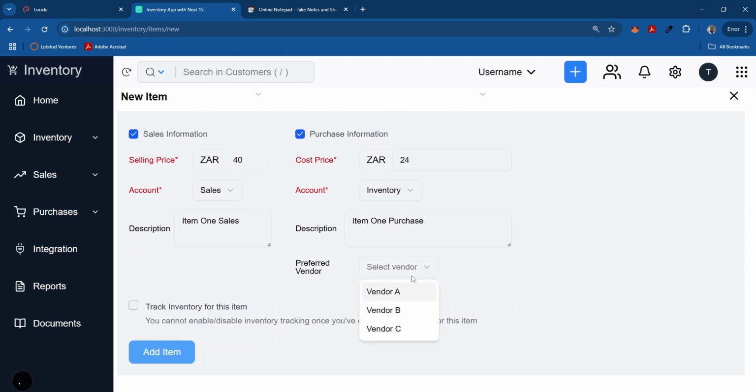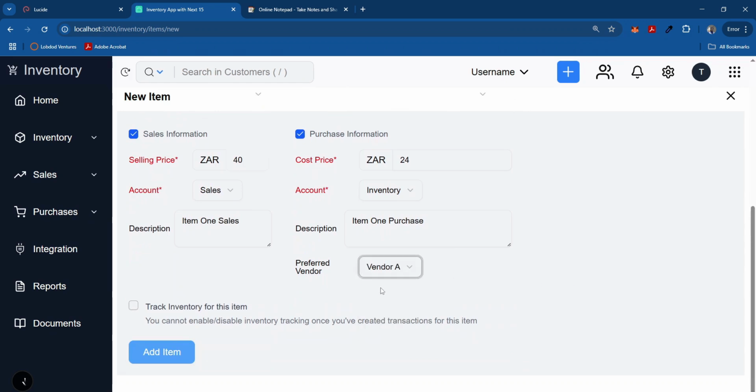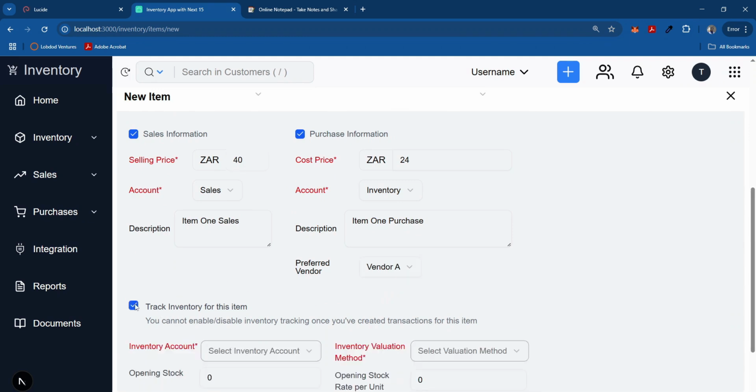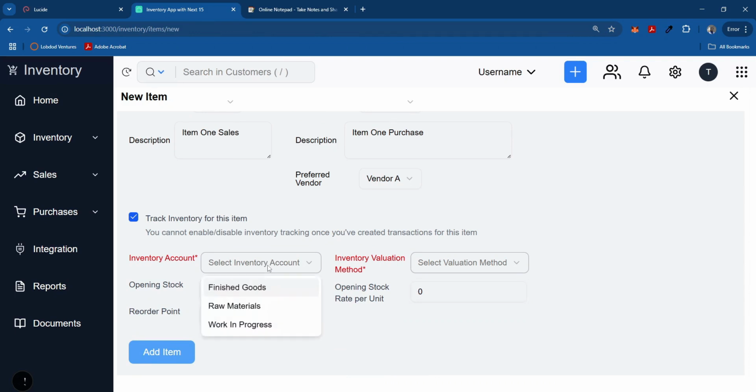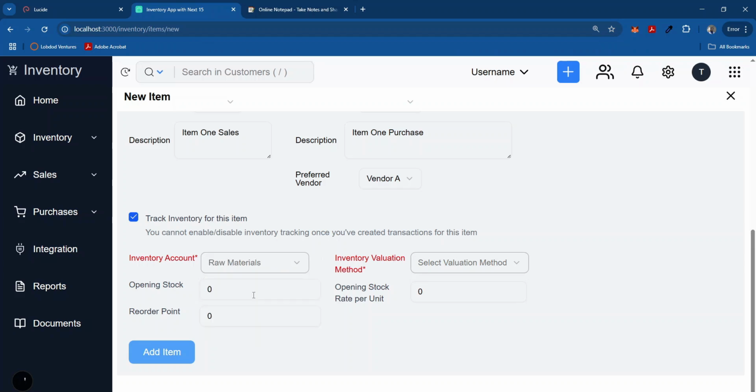Then what vendor? Let's choose vendor A for our first. Then we want to be able to track these products, right? I'm just picking something, raw material. I'm saying opening stock. At the time of creating this entry, let's say the opening stock is going to be